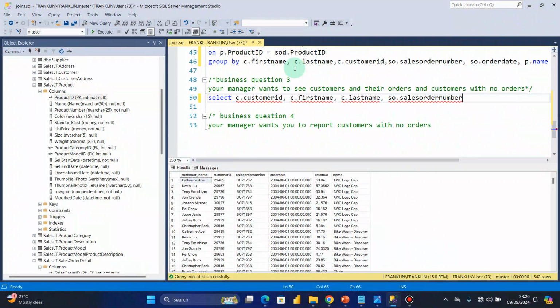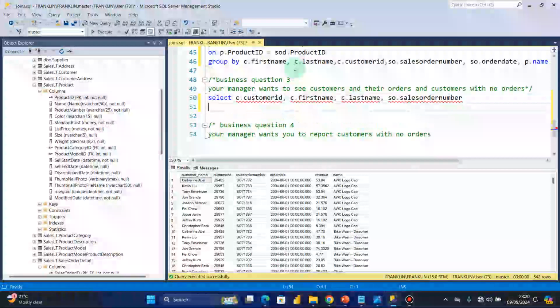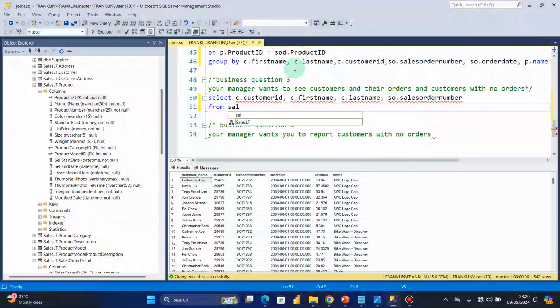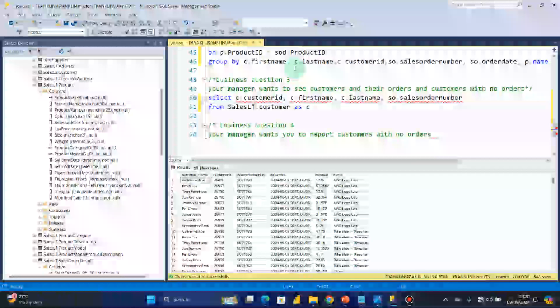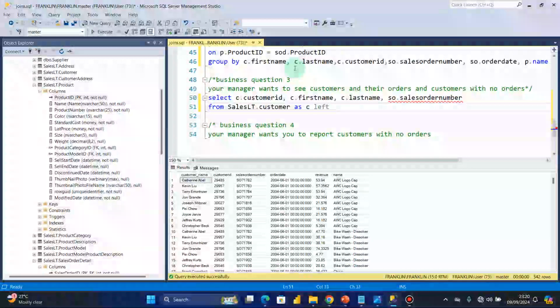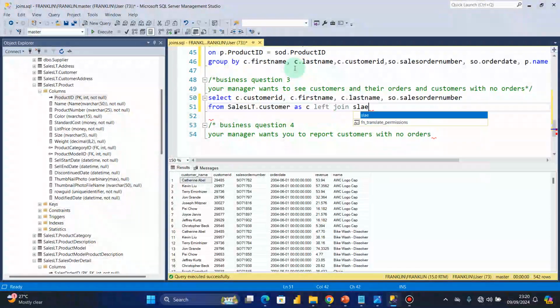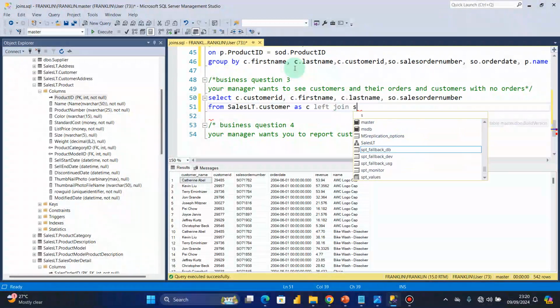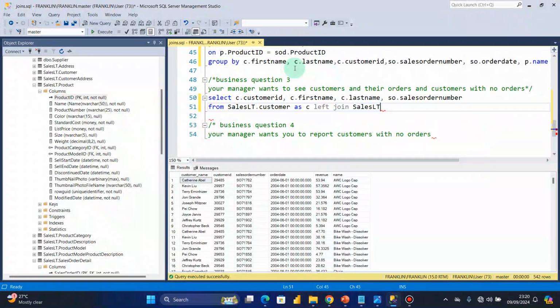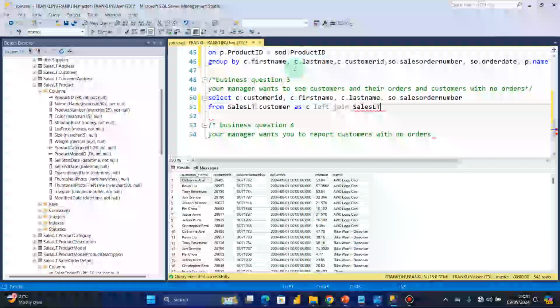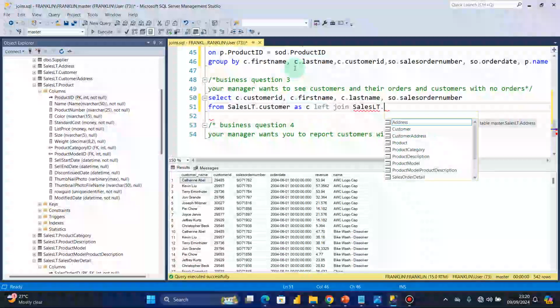And all these are coming from sales LT dot customer as C, and I would say left join sales LT dot sales order header